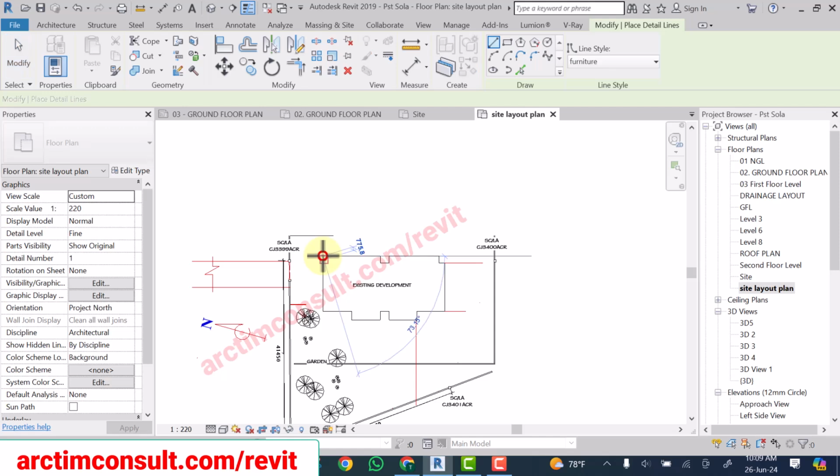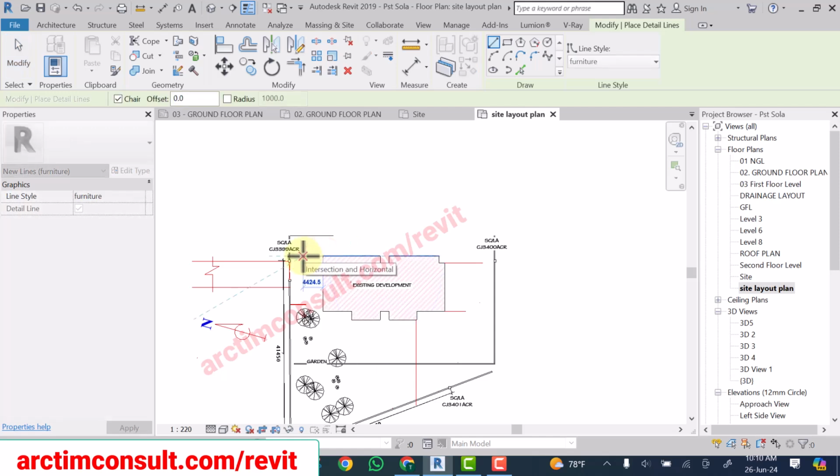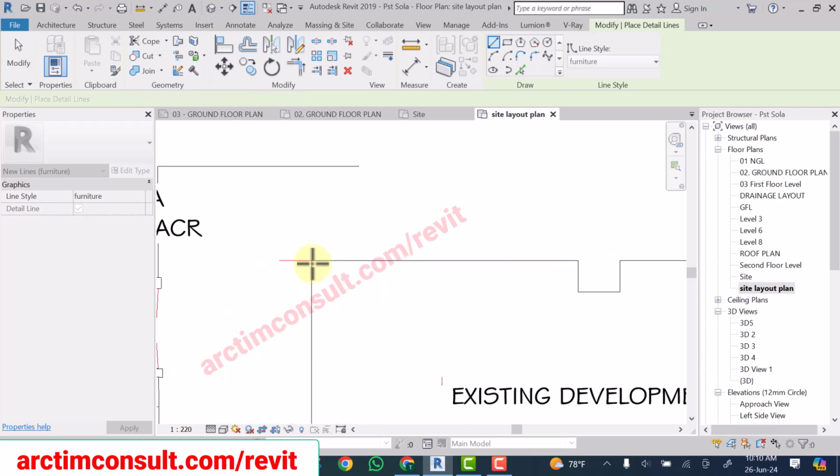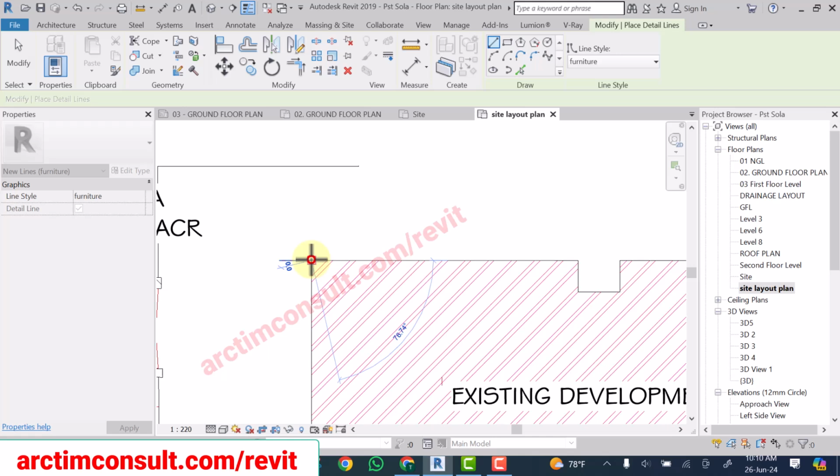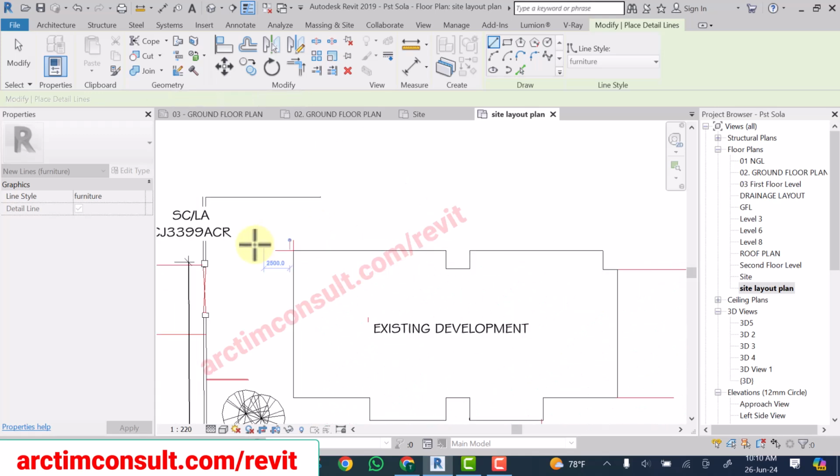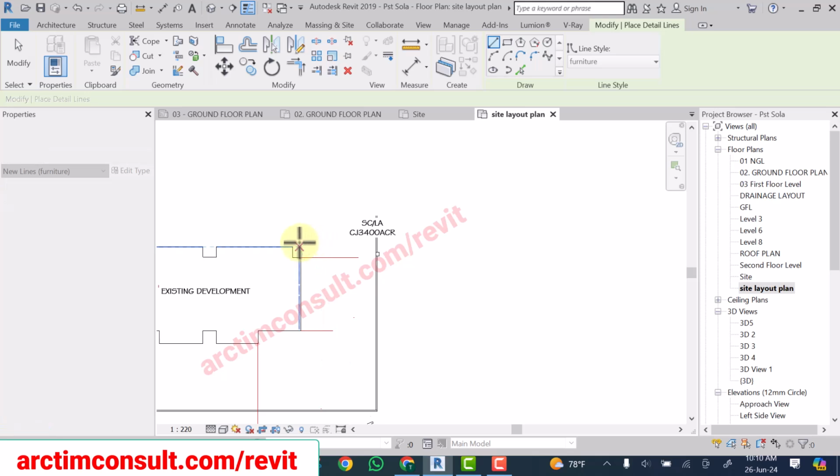Then from this edge, we have 1,550. Then this side we have 900 mm,